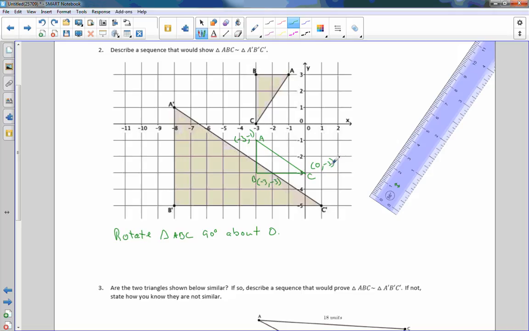Well, if I want to get from 0, negative 3 to here, now I need to dilate this. So if I measure A to B, that's a length of 2. And if I measure A prime to B prime, that is a length of 1, 2, 3, 4, 5, 6. So now I'd have to dilate triangle ABC by a scale factor of